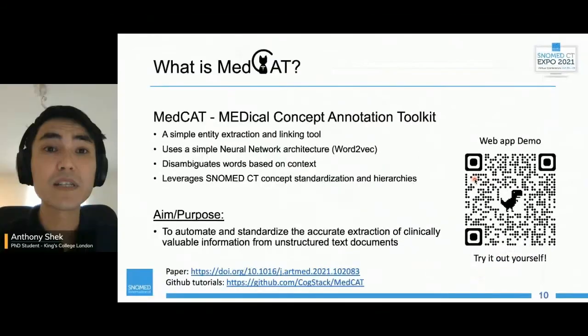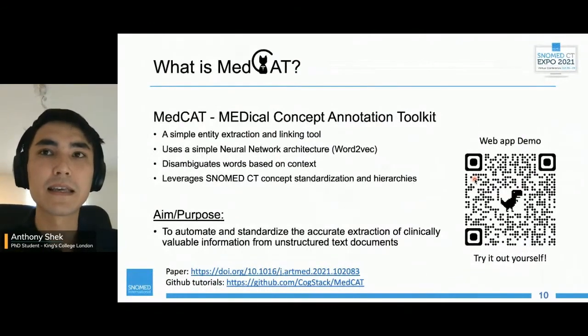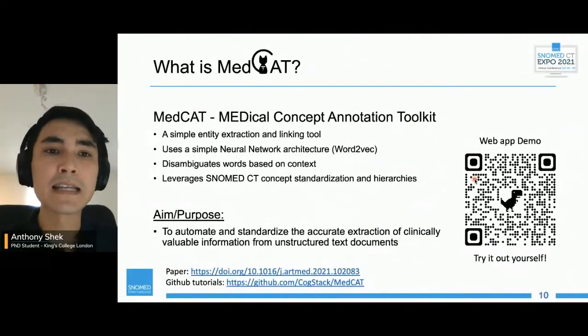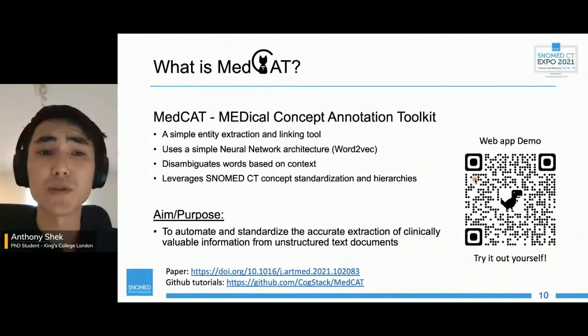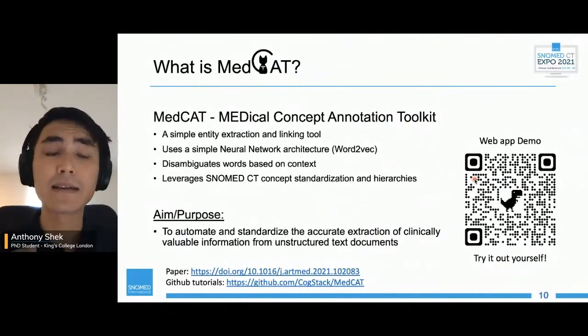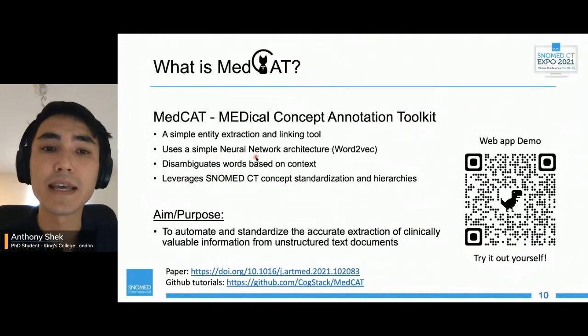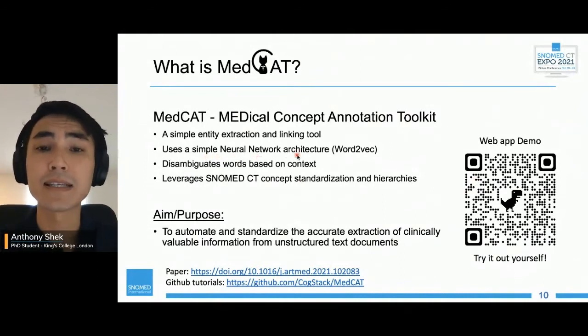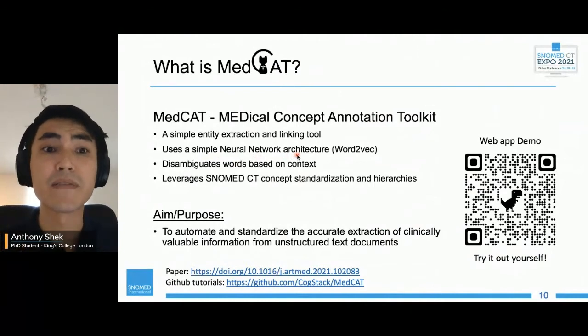So what is MedCat? MedCat is a tool that we've built together at King's College London, and it stands for a medical concept annotation toolkit. It simply links free text to a structured or standardized terminology such as SNOMED. It works by using a simple neural network architecture, specifically Word2Vec, and several other algorithms that I won't get into specifically in this talk. And the way that it works, it disambiguates words or phrases dependent on the context in